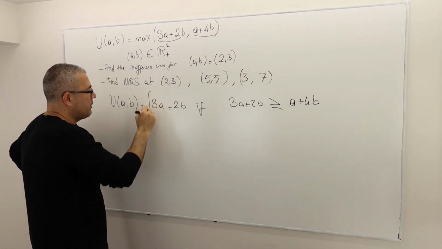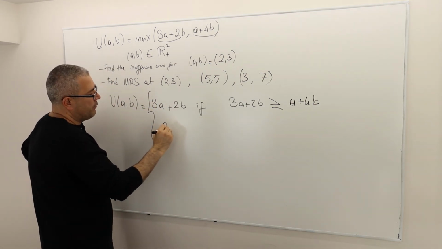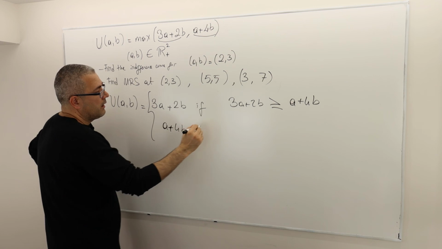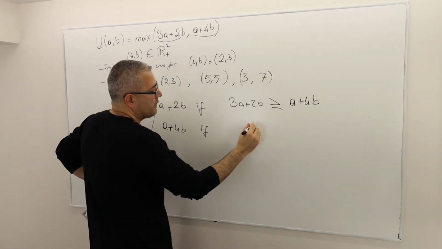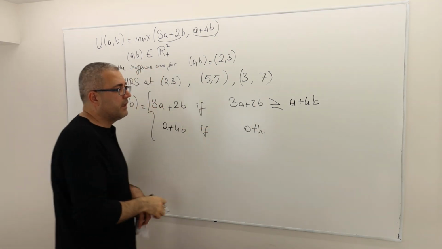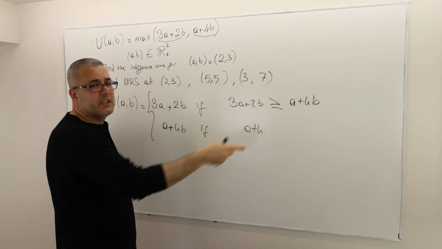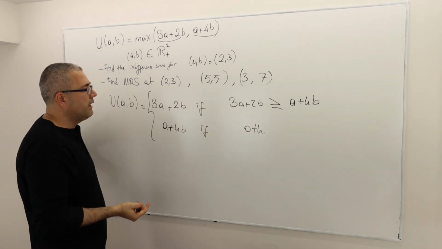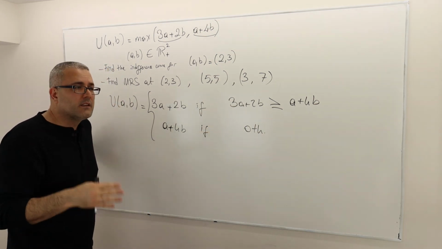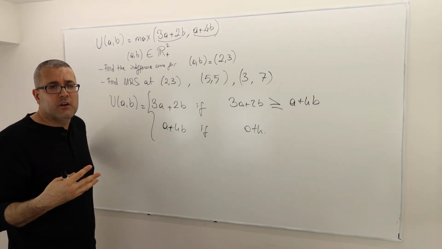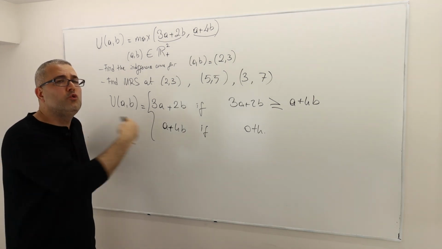And then it's equal to a plus 4b otherwise, I mean, if 3a plus 2b is strictly less than a plus 4b. Once again, spend time to understand this. Don't take it as given. You derive this